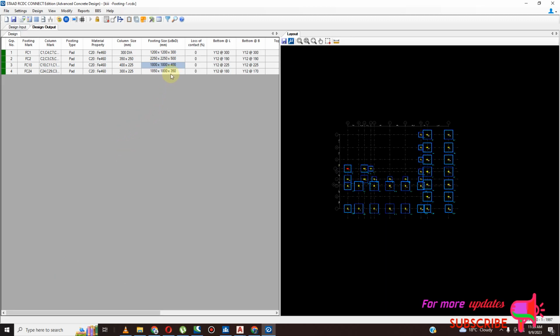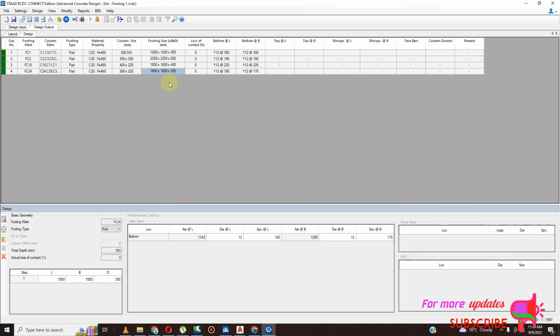I also need to change this design. So actually you can see I can just make this base same as the third one, so that I will only have 3 bases. So if I can change this to 1800 and then 400, we will see, and then we hope that the spacing will still be 225. Let us see the spacing of the bottom bars. So you can see it's only providing bottom, there is no top bar,